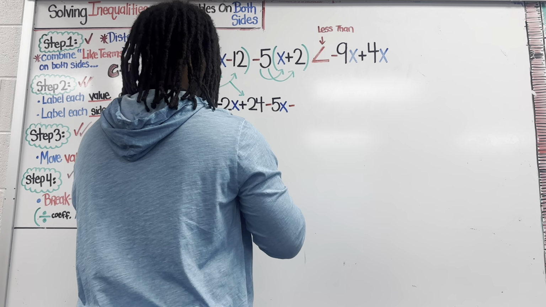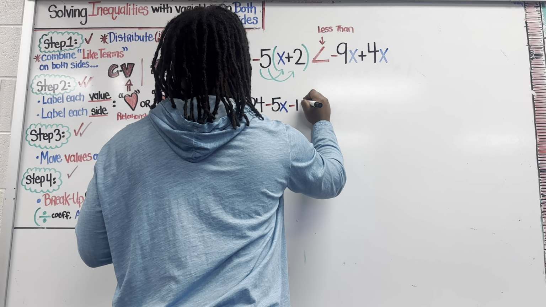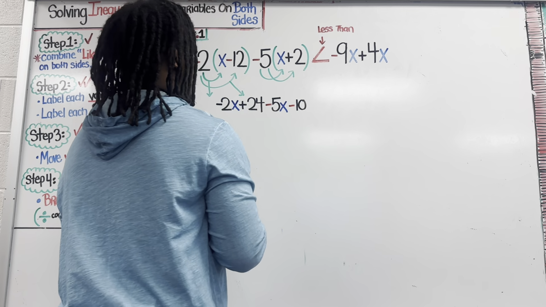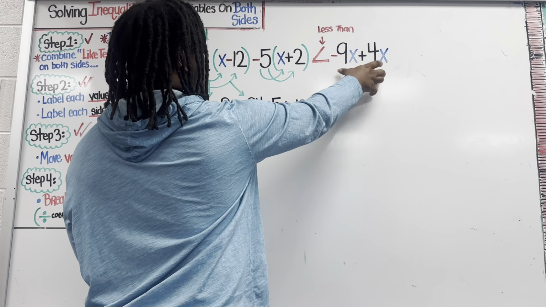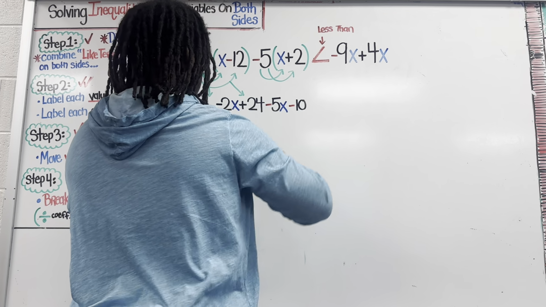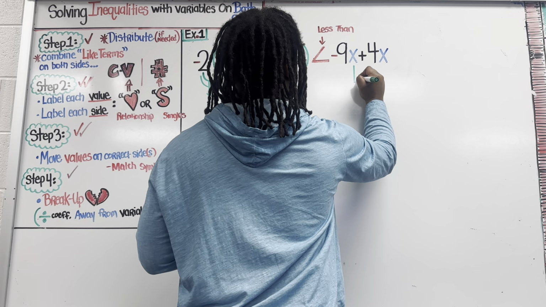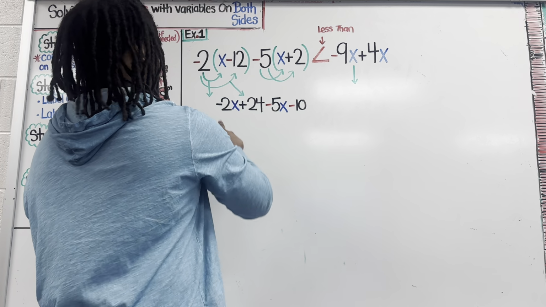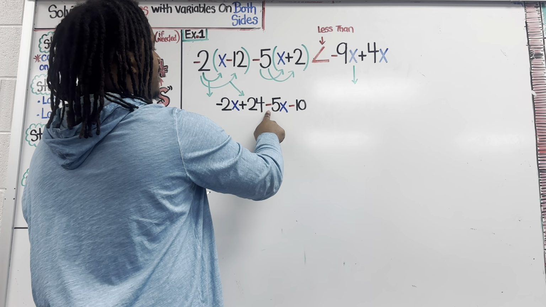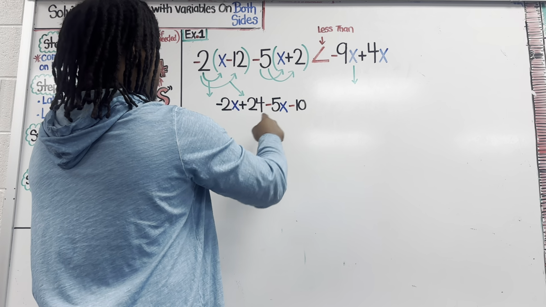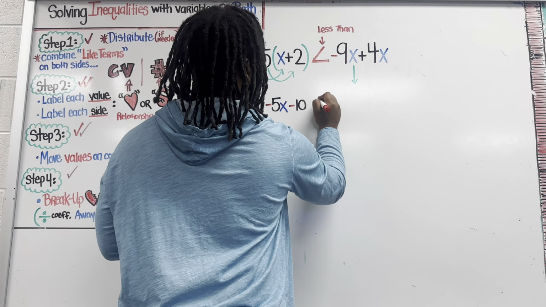So I'm going to put -10, my bad. I still have this other side, which doesn't have any distributive property, so everything on this opposite side comes down the same. So I have -2x plus 24 minus 5x minus 10 is less than